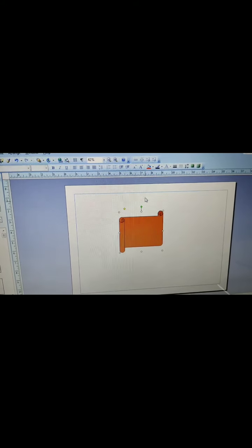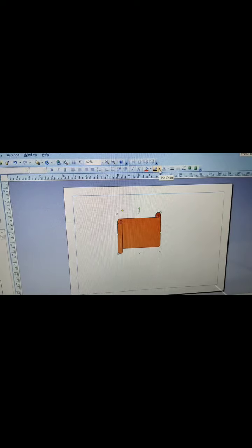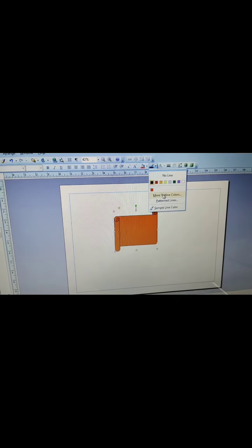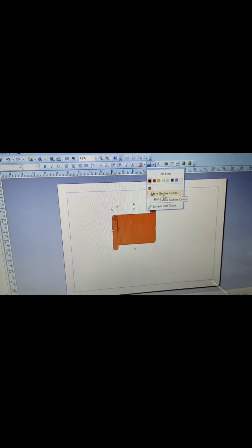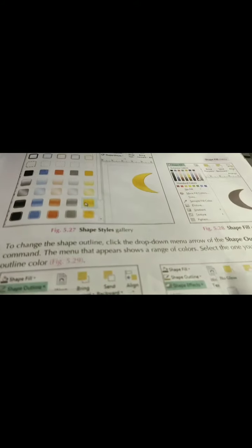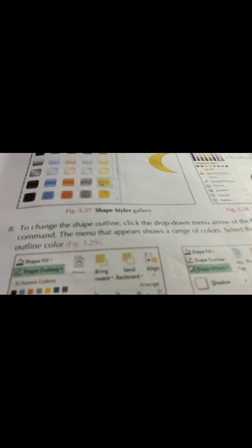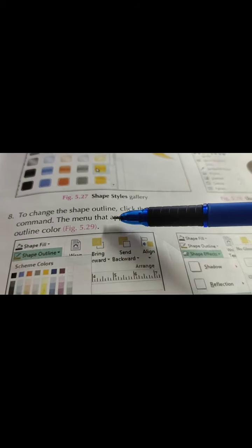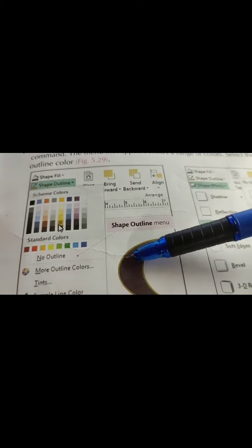Okay, this is the fill color, and this is the line color, the outline color. I have already explained this. This one is outline.